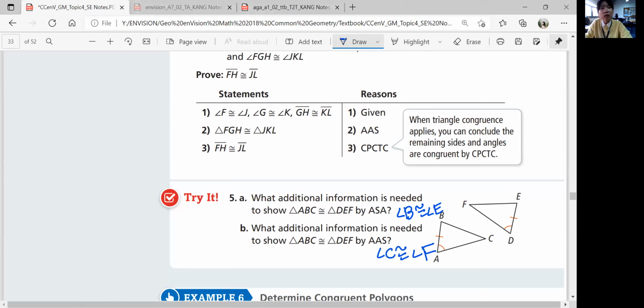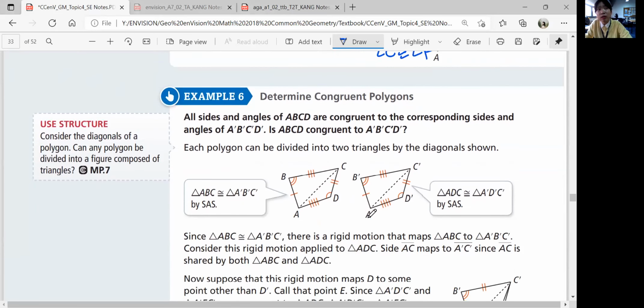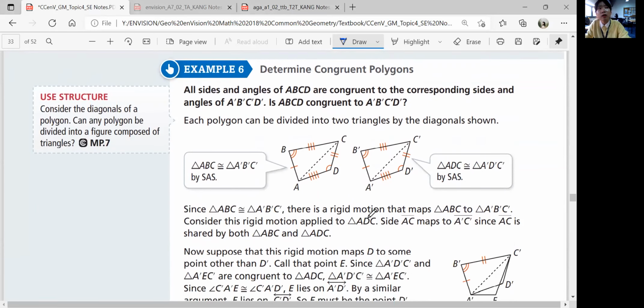All right, let's look at the last example, example 6. Determine congruent polygons. All sides and angles of ABCD are congruent to the corresponding sides and angles of A prime, B prime, C prime, and D prime. Is ABCD congruent to A prime B prime C prime D prime? Okay, so ABCD is a quadrilateral, but a quadrilateral could be divided into two triangles. Yeah. So look at these